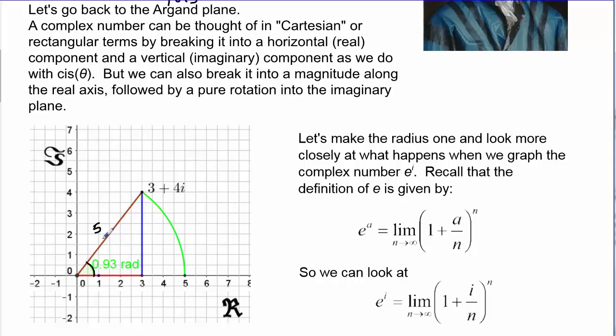And we can think, therefore, of complex numbers in polar terms as a magnitude and an angle. What we're really doing is thinking of complex numbers as a real number that has been kind of rotated off of the real number line. When we jump away from the real number line,